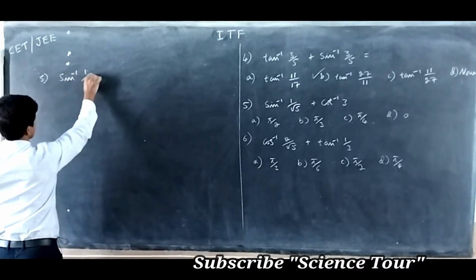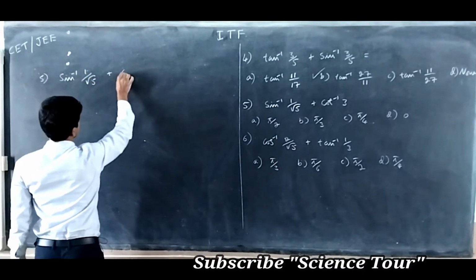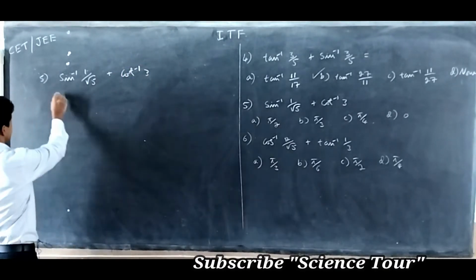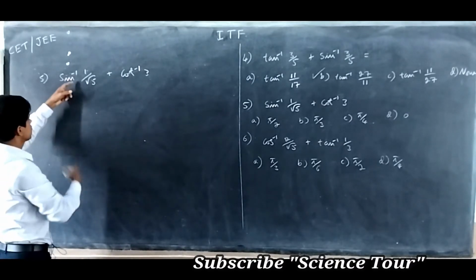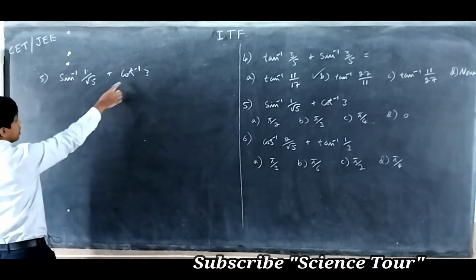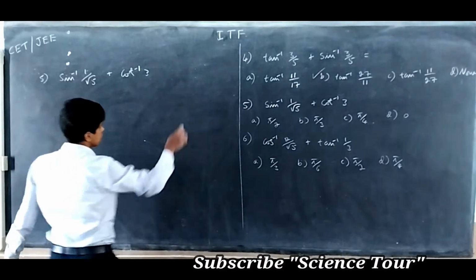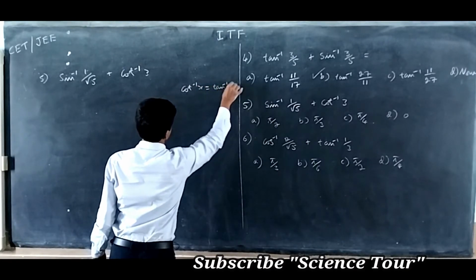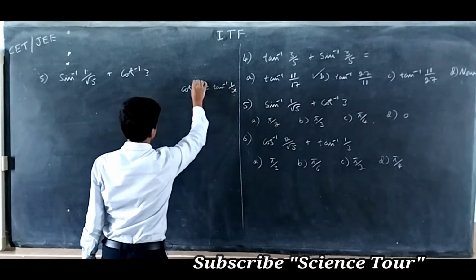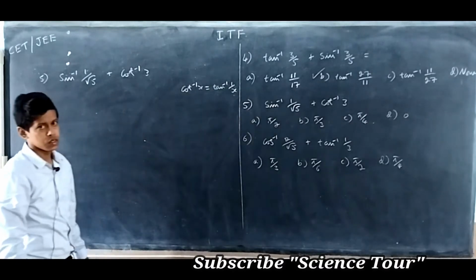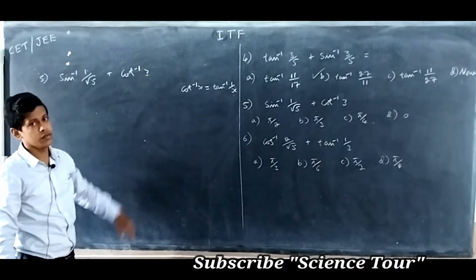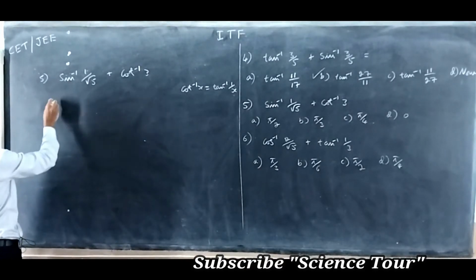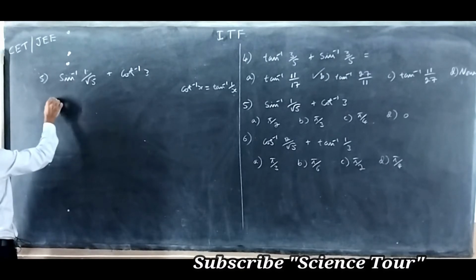So this is sine inverse of 1 by root 5 plus cot inverse 3, right? So I have to change sine inverse 1 by root 5 and cot inverse also. We know that cot inverse of x is tan inverse of 1 by x, if x is greater than 0. Now let me take